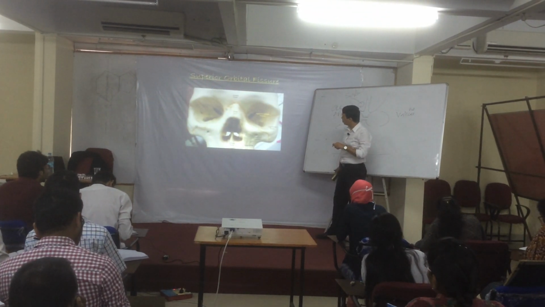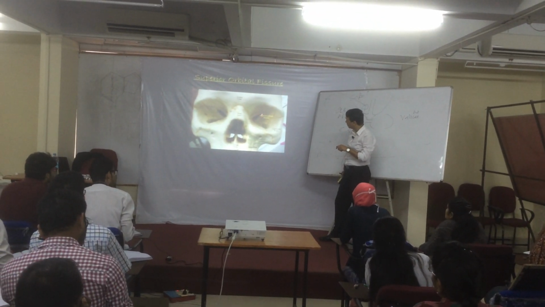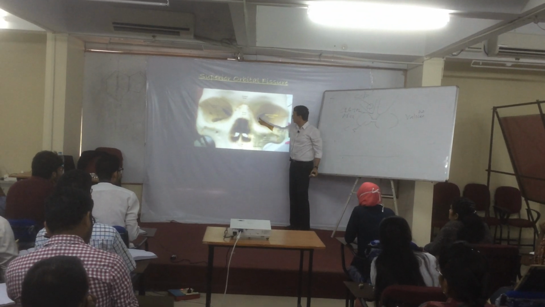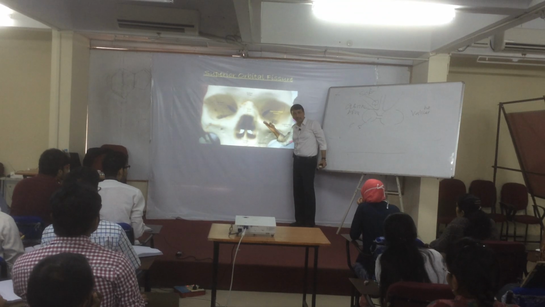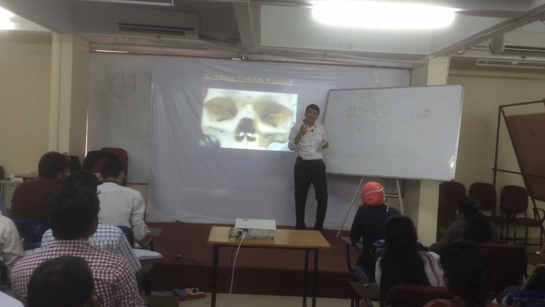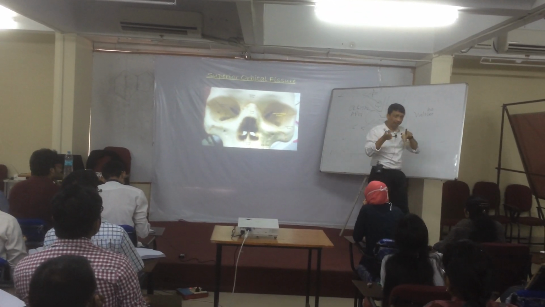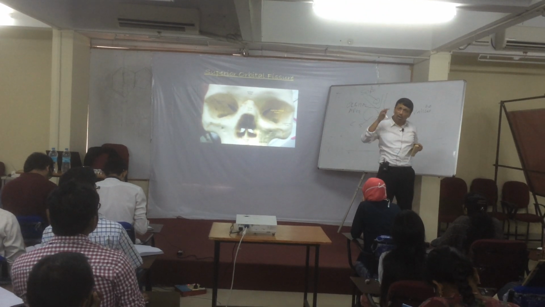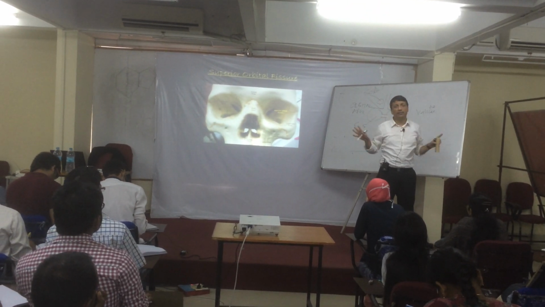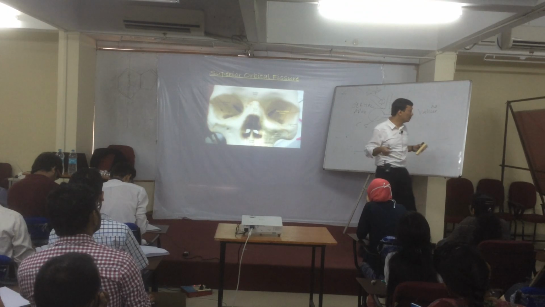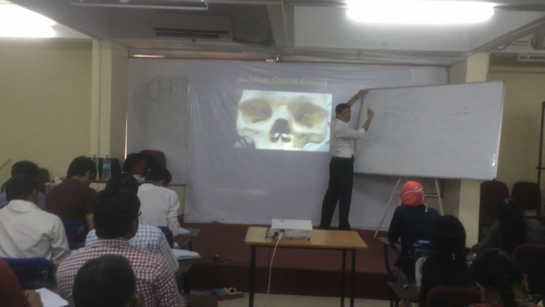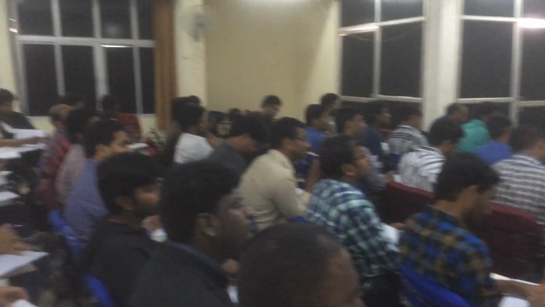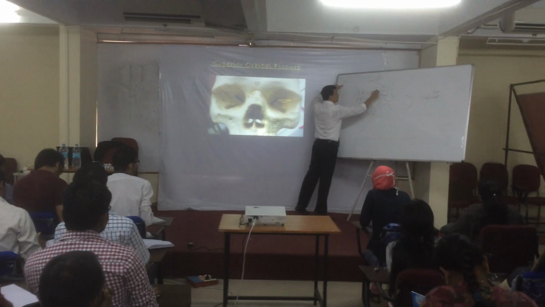Look at that. This is the superior orbital fissure, and right next to it is the orbital apex, and just behind that is the cavernous sinus. So three structures are packed within 5-6 millimeters of each other, and unfortunately the same structures pass through all of them. So it becomes very difficult for us to diagnose clinically between cavernous sinus syndrome, orbital apex syndrome,